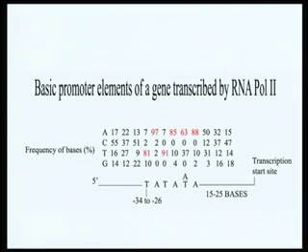eukaryotic promoters. So, this is now recognized as what is called the TATA box. As we go along, you realize that this TATA box is the place where RNA polymerase and other factors bind, and this assembly of RNA polymerase in and around the TATA box is responsible for accurate initiation of transcription in eukaryotic promoters. So, the first major finding about the organization of eukaryotic promoters is the presence of a highly conserved sequence called the TA motif. It is known as the TATA box, and it seems to be conserved in a number of eukaryotic promoters. This is the first important finding from the analysis of various genes transcribed by RNA polymerase